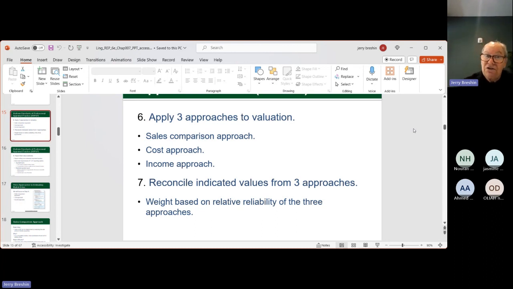The cost approach is really straightforward. Okay, you want me to build this home on this lot. Okay, this is the floor plan. And how much would it cost to build this home? Okay, well, let's take out your calculator. This is how much wood you would need. This is how much cement you would need. This is how much you would need for plumbing and so on and so forth.